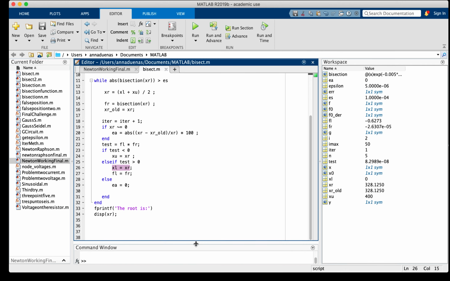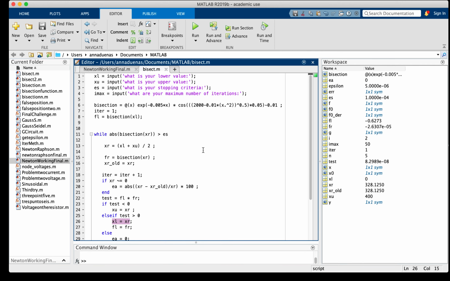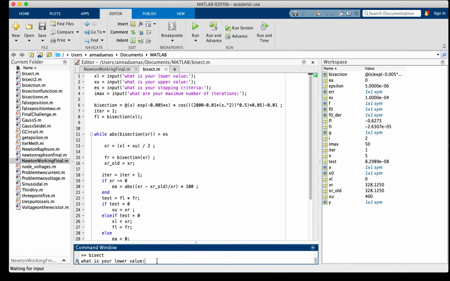I'm gonna go ahead and try this method out so you can see how it works. You click here, run, and then based on the book, it gives us the first value, like our first lower guess, which is going to be 0 ohms. Again, we are trying to see what resistor we need for the circuit to work. Then we guess our upper value, which is 400 ohms, a stopping criteria of 0.0001%,